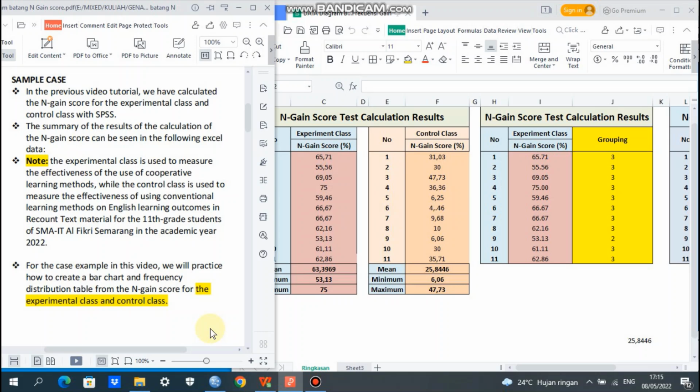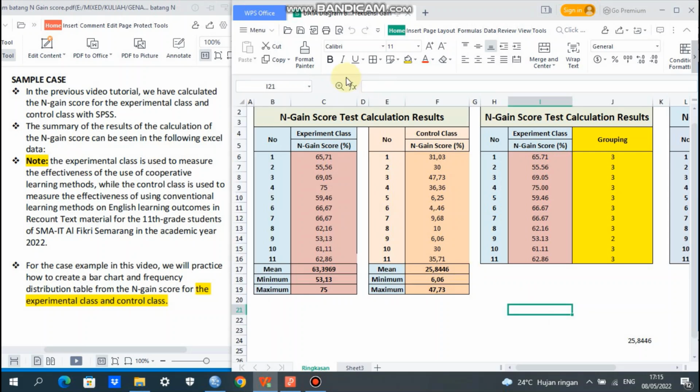The summary of the calculation results can be seen in the following Excel data. Here I have the Excel data, the n-gain score test calculation results.